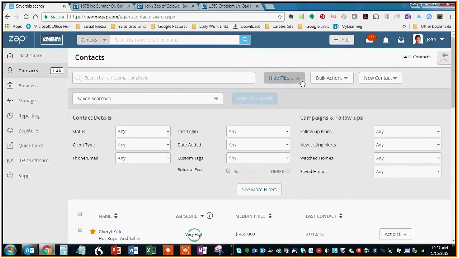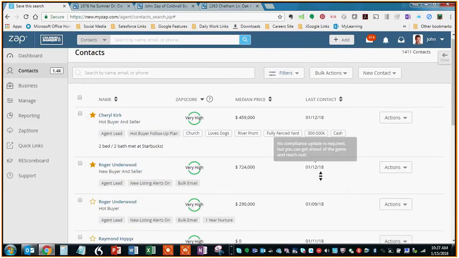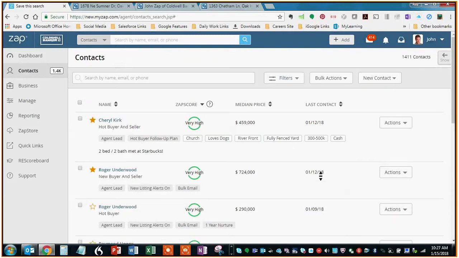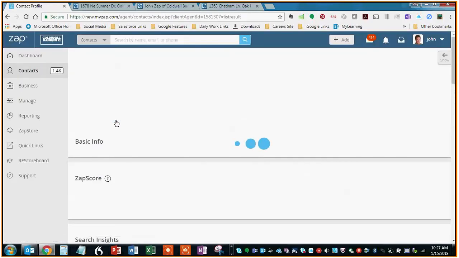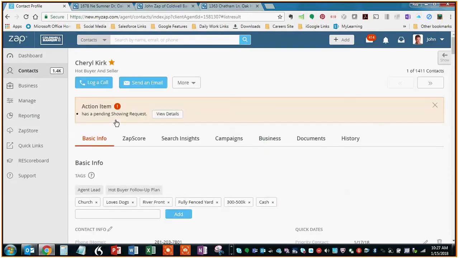All right, so I'm going to hide the filters, and let's take a look at one of the new client records, because I think people are going to be really pleased with the client records. As a matter of fact, this is probably where there's the most improvement out of anything. So I'm going to click on Cheryl's name, and now you'll see that she has a pending showing request right up here. If she didn't have a follow-up plan, it would show that right up here. Any important action items are going to be right at the top, and it's going to tell you what they are. Now I can log a call or send an email right from the top as well,